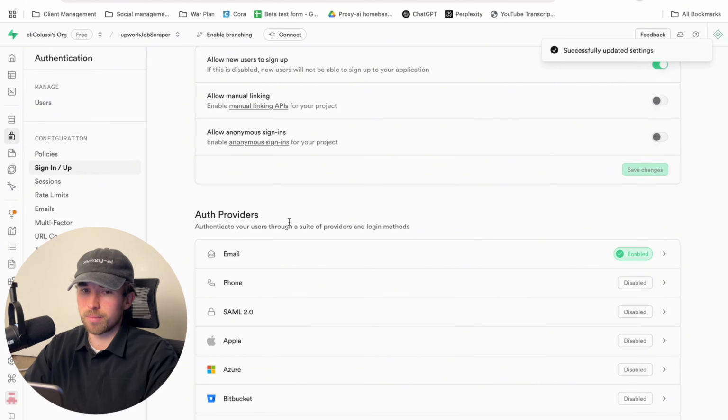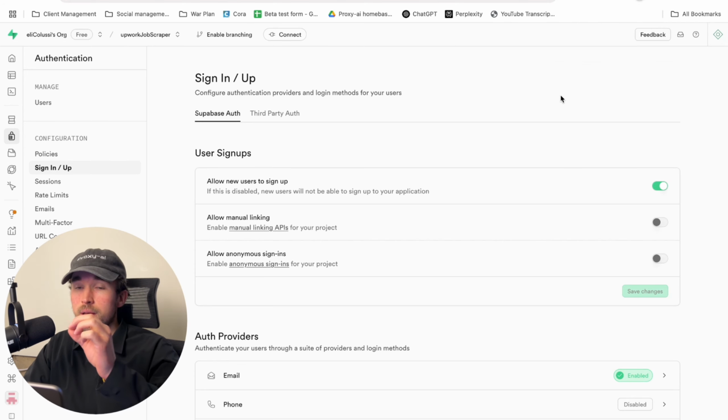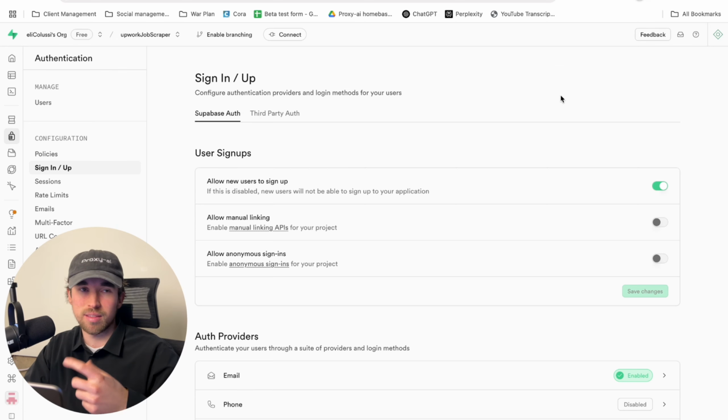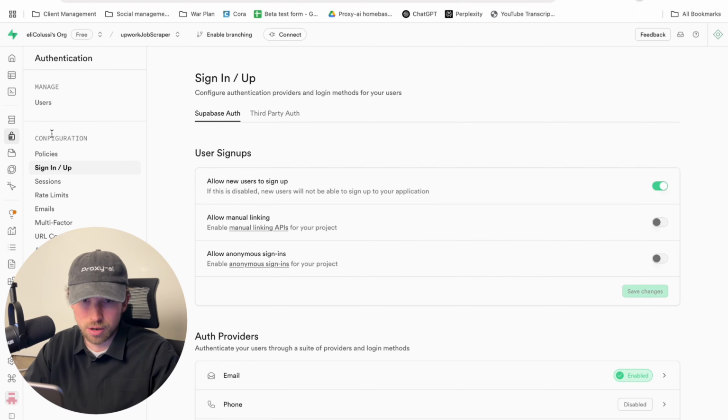So basically that just means that users won't have to actually confirm their email. Once they sign up, they'll get an email at the email they signed up with, and it'll just say, click this link to confirm your email. I'm sure you've done this. I'm sure you can relate. It's just a little bit annoying. It's an extra step that we don't want our users to have to take. So we're just going to disable that, make it easier.